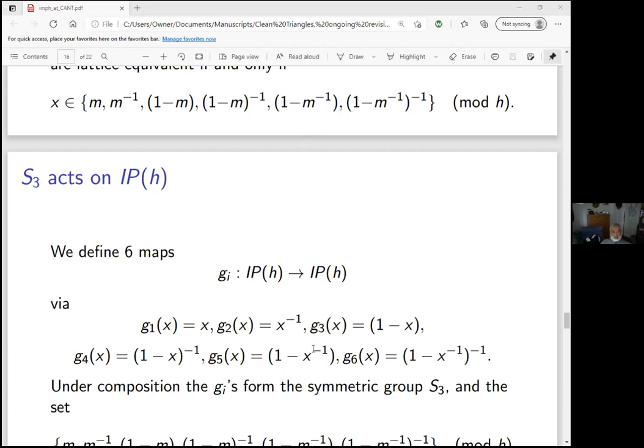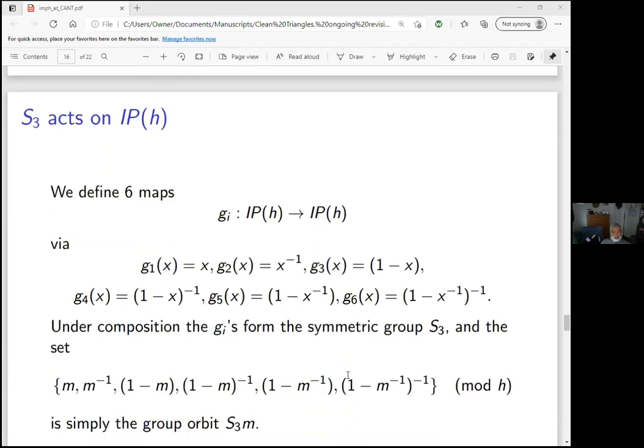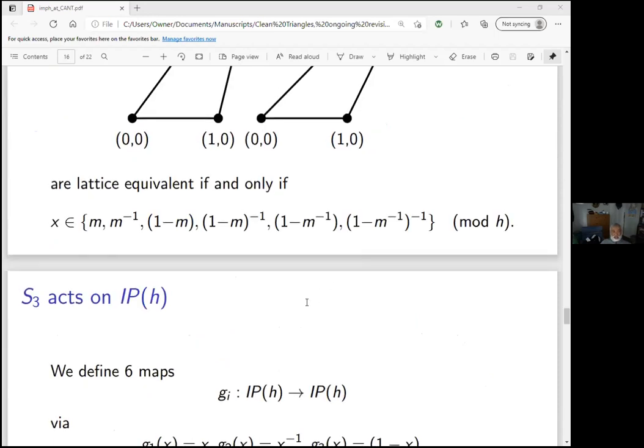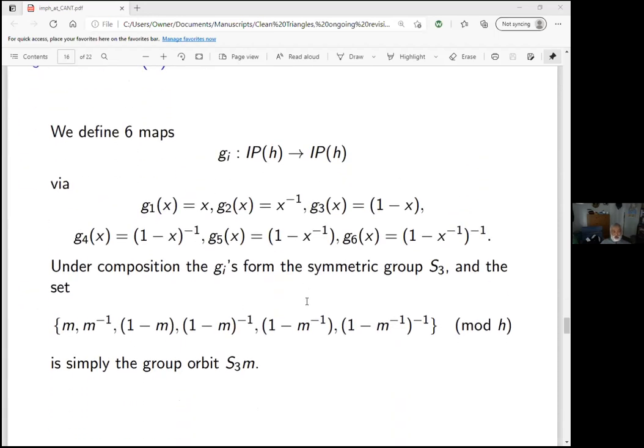And under composition, they form the symmetric group S3. And so this set that I wrote down is simply the group orbit S3. So now we have a group action on a set, and it's only natural to invoke